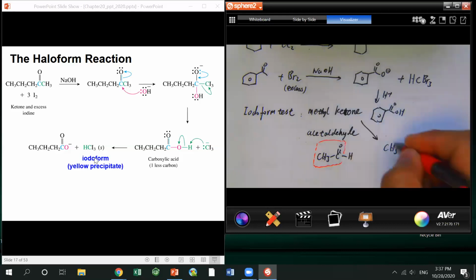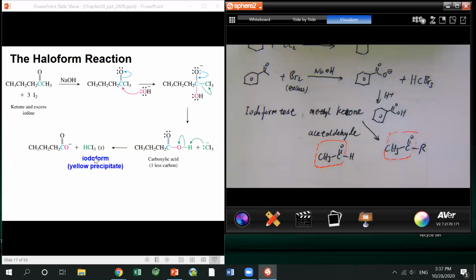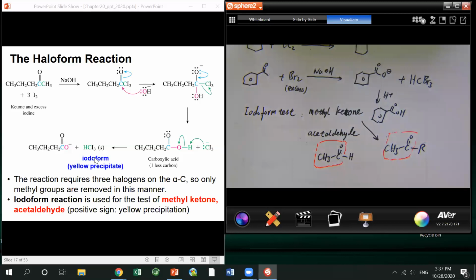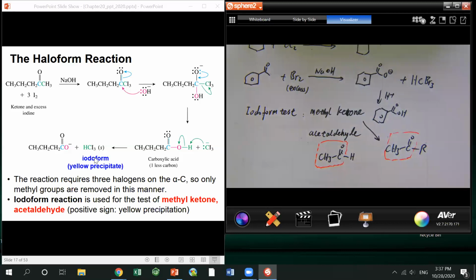all these compounds have the same acetyl group. This means if you want to do the iodoform test, you have to have three hydrogens on the alpha carbon, so that's why it has to be a methyl group. So it's used for the methyl ketone and also acetaldehyde, so